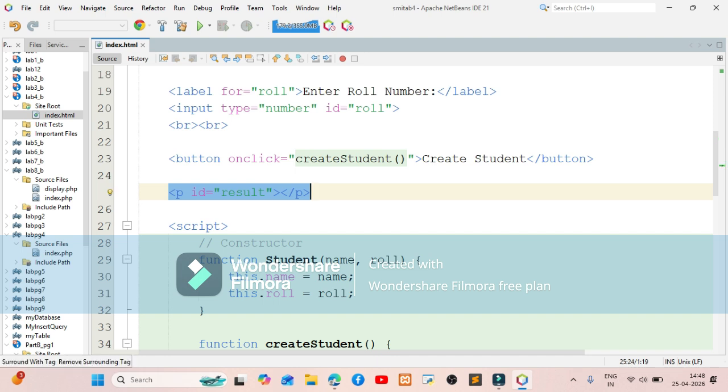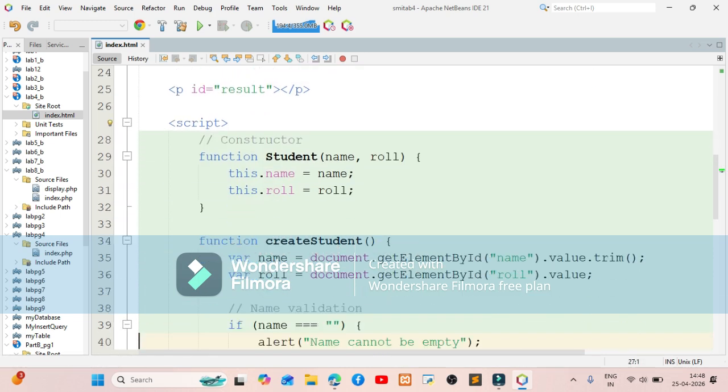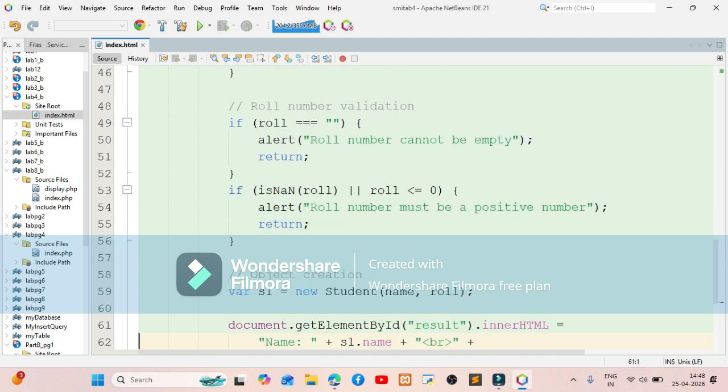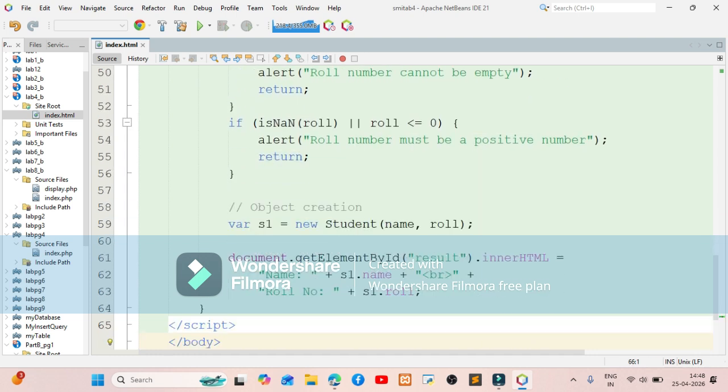This is an empty paragraph. There is nothing inside this paragraph, but this paragraph has an ID. What is the ID? Result. So we are going to use the DOM method to capture that empty paragraph, and we are going to display our name and roll number into that paragraph.